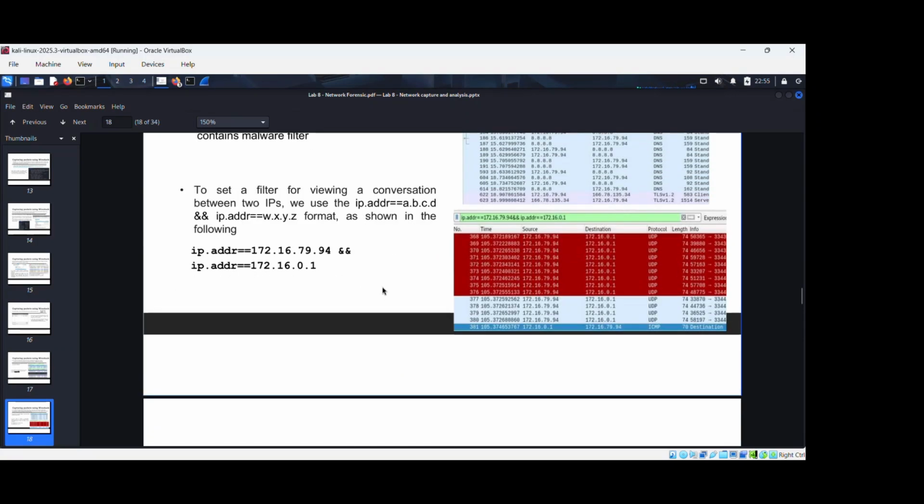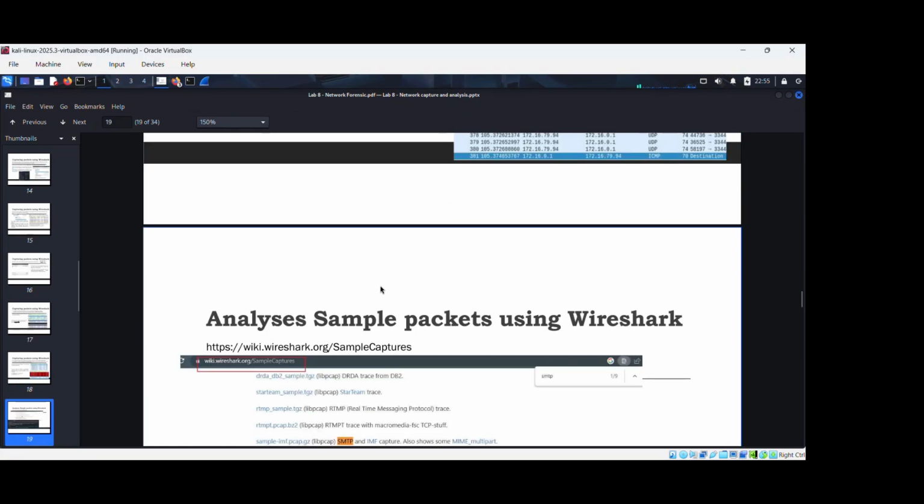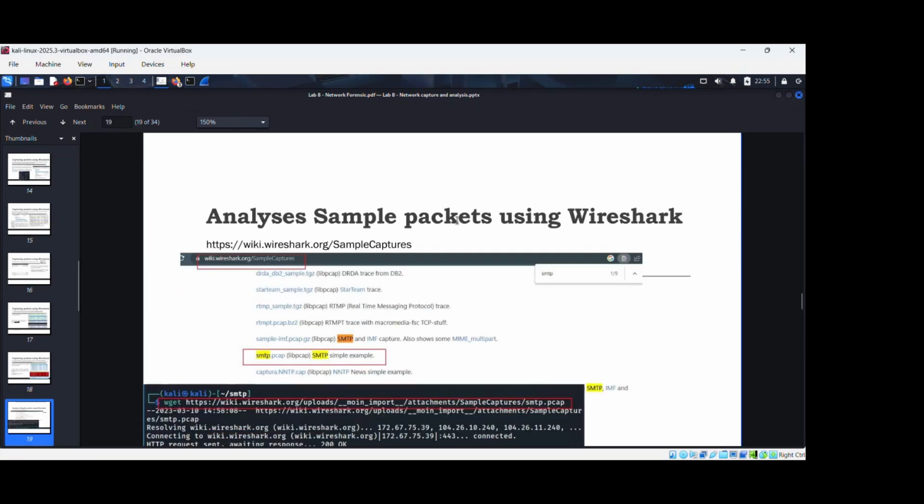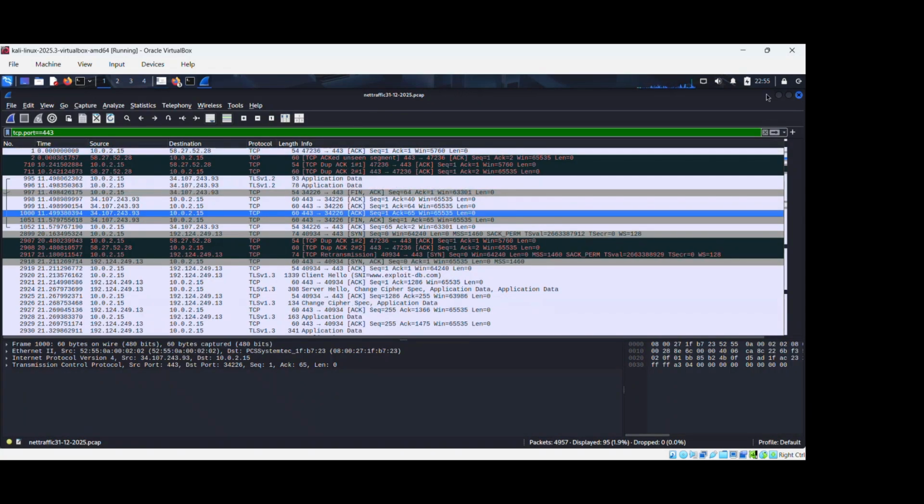There are many other examples you can think about. But for this lab, I just want you to get an idea of how to analyze. So you need to go through a very simple pcap file here. Try to go to this website, wiki Wireshark, so that you can get the sample file that is already